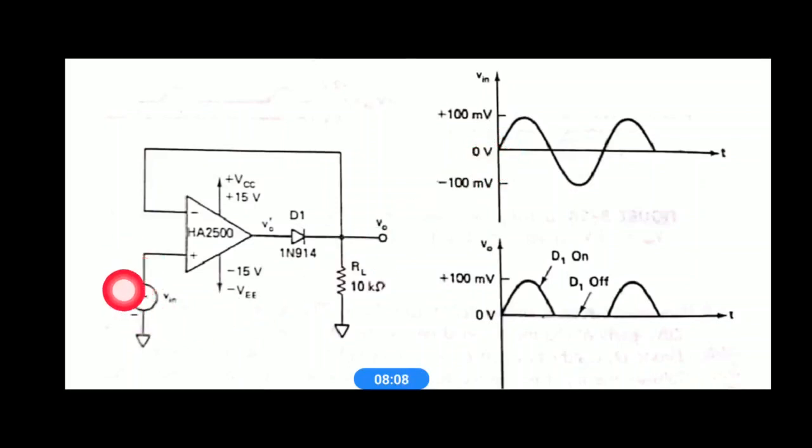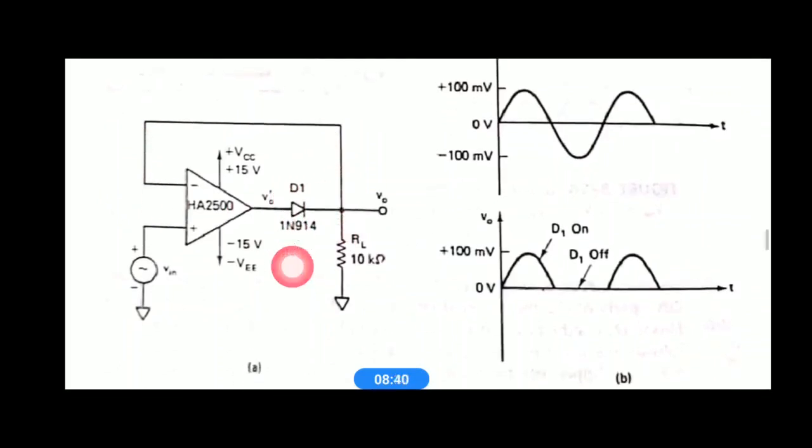Now when you apply, say, around 1 millivolt here, the gain of the op amp, the open loop gain, is usually very high, because it is open here. There is no feedback connection initially because the diode is not forward biased. So it is not a closed loop circuit initially. It is an open loop circuit because the diode is there; the output is not connected to input.